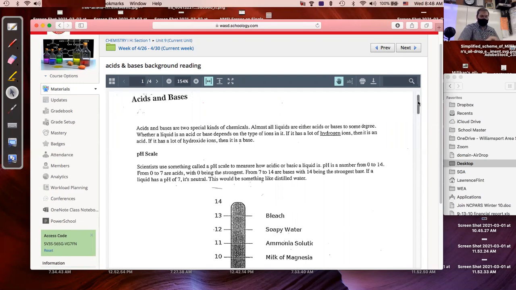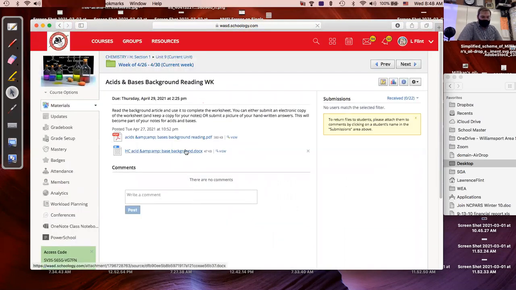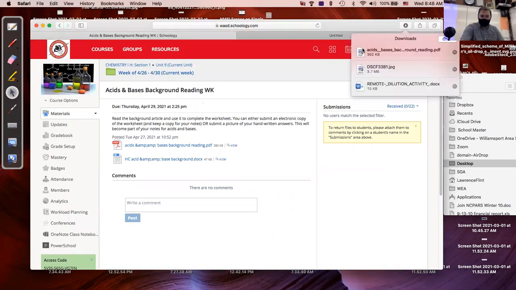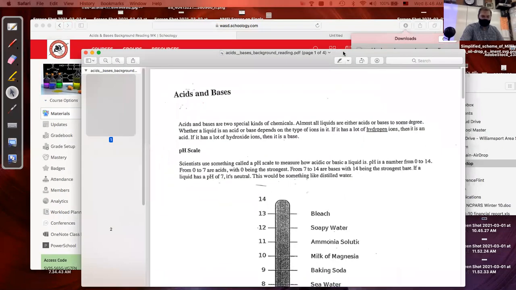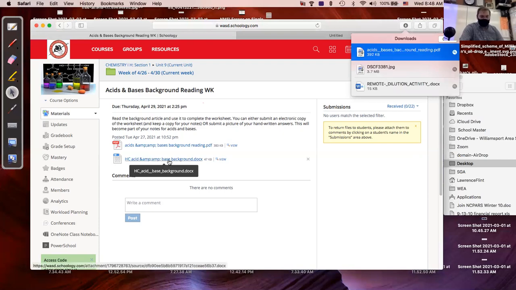And the paper that goes with that, so if you're remote, there's another page, this is the acids and bases background reading worksheet. There are some different definitions for acids. This acid and base background reading is the same link as the other one, but it's a PDF that you can download if you want to view it in some other way. So it just looks like this. So it's actually redundant. But the second thing says acids and base background